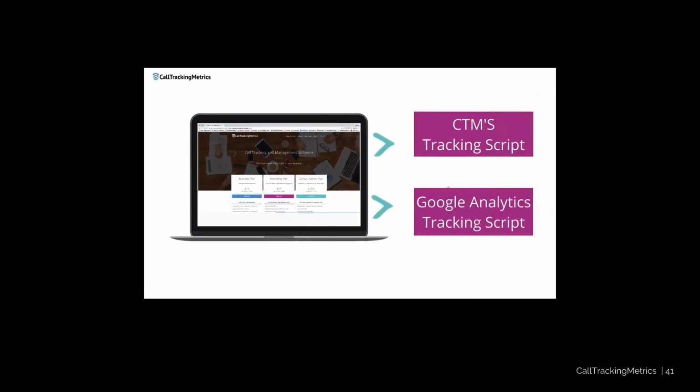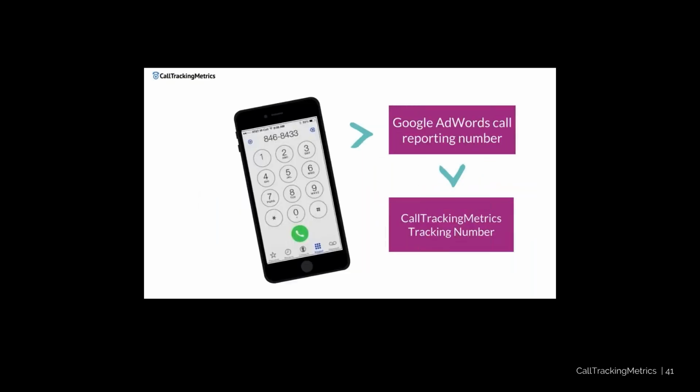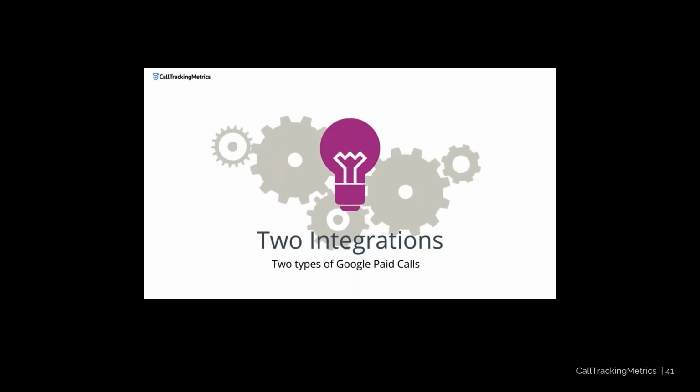It essentially acts as a unique receipt number for paid clicks. When you click to a landing page, the Call Tracking Metrics tracking script is present, as well as the Google Analytics tracking script. The two software match session data and share session data. While for click-to-call, Google AdWords uses a Google forwarding number, which forwards to a call tracking number, and the two systems match and pass data. Two types of paid calls, both reporting as conversions in AdWords.